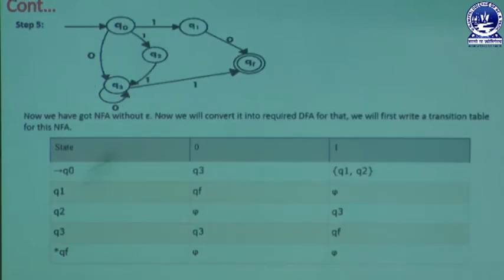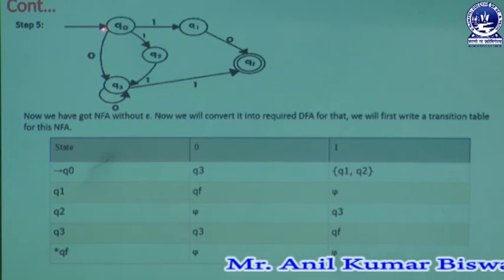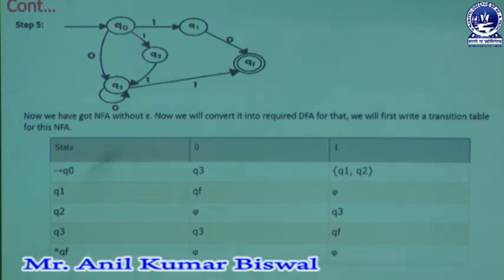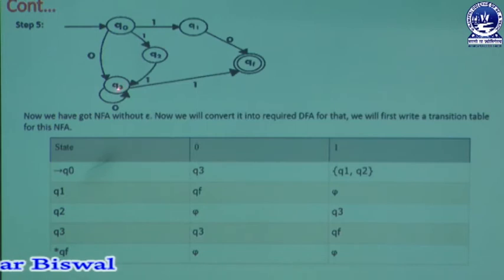In step 5, Q0 is the initial state, and it can take input 1 to create state Q1. Q1 takes input symbol 0 and goes to QF. Similarly, 0 + 11 can be broken here: Q0 can take 0 and be directed to Q3. Q0 can also take 1 to Q2, and Q2 can take 1 to Q3, and Q3 is self-redirected.